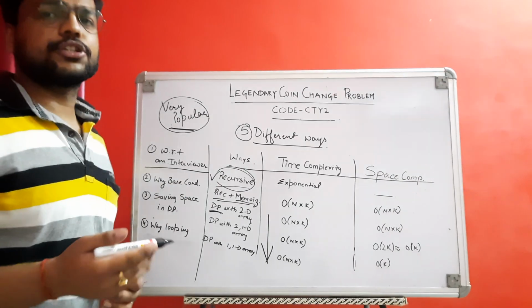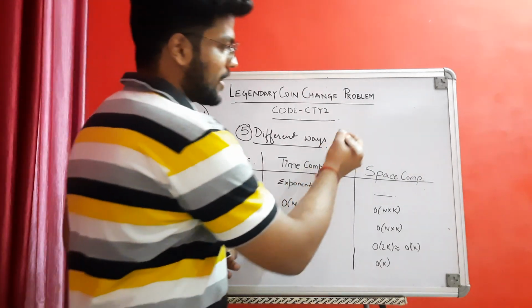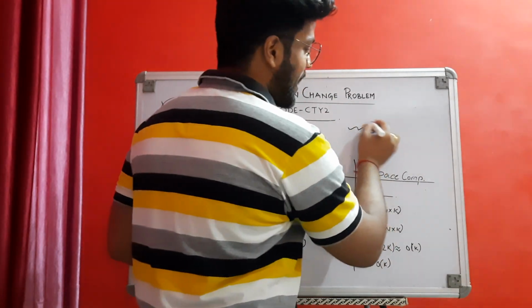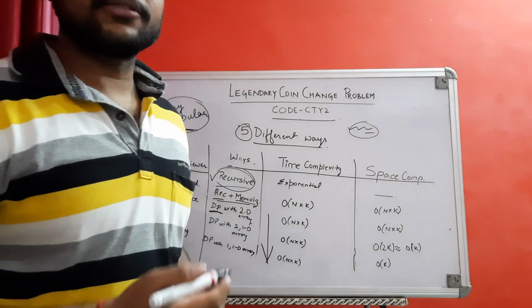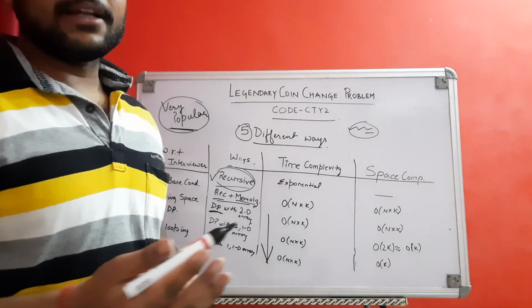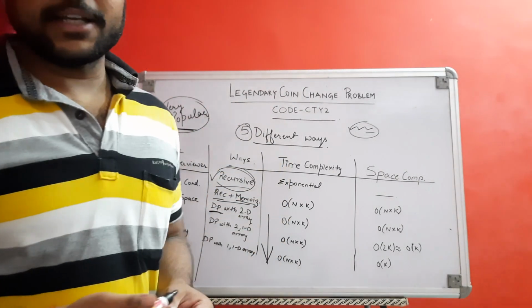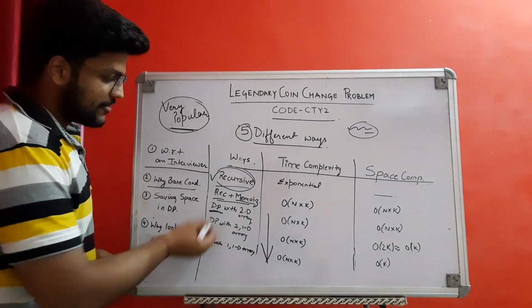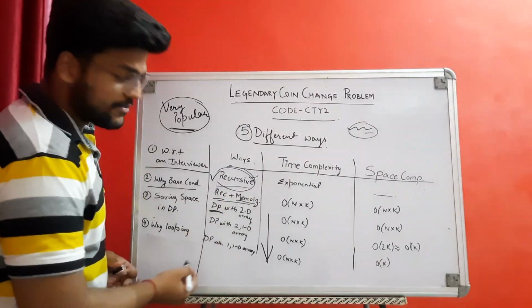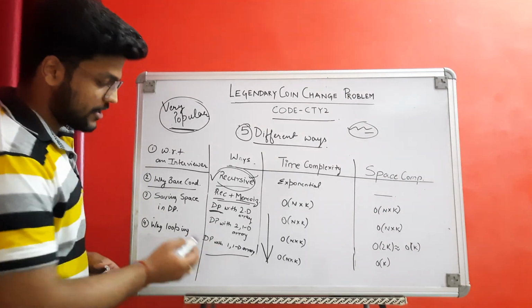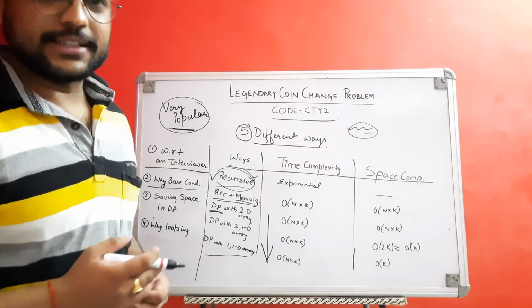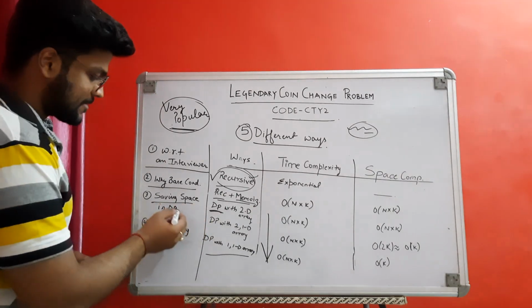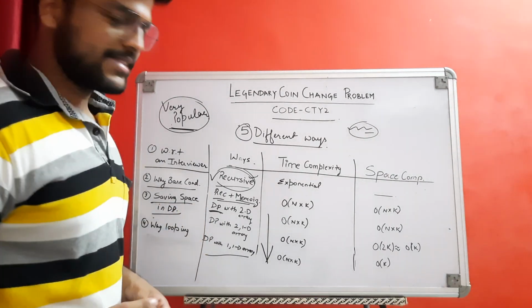Like what questions he will ask about the code I have written. Why have I written this code? He will ask me, so you should be able to tell what difference it makes if this code is not here. Also, we have to use some base conditions in the recursive as well as the dynamic programming solution. So why do we write those base conditions? Saving space complexity in DP, okay, we will see this.